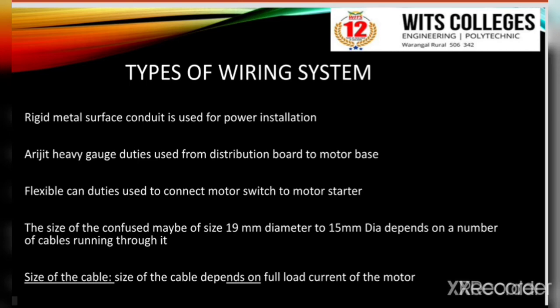and the size of the conduit may vary, from 19 mm dia to 51 mm dia, depending upon the cable running throughout the circuit. It may vary based on the circuit which we are using. And lights within the industry should be provided with separate cable in a separate sub-circuit. The lights used may be fluorescent tube lights, sodium vapor lamps, mercury vapor lamps, and so on.